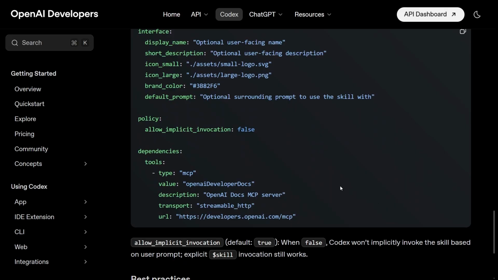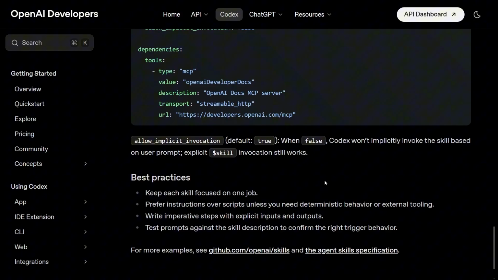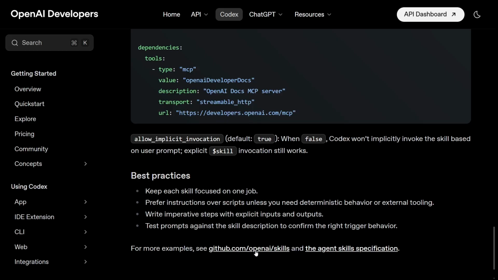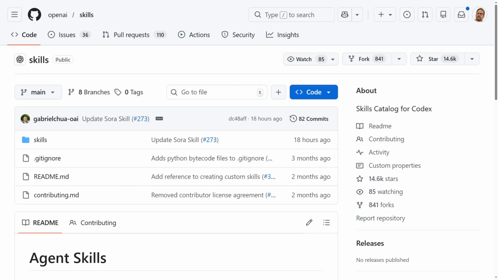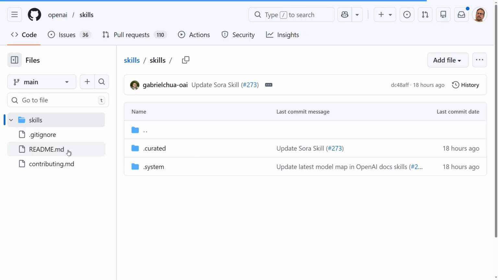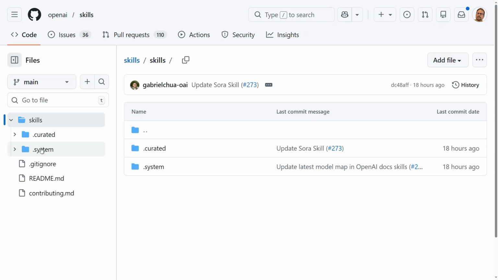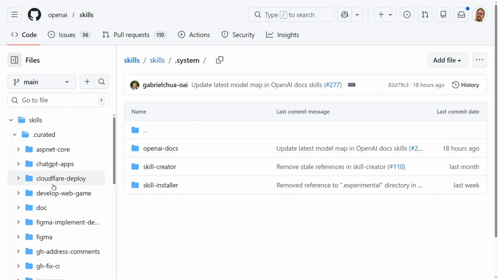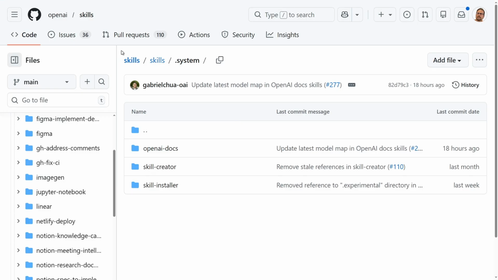And if we move to GitHub here, github.com/openai/skills, we can see how professional skills work. Let's find a good example.